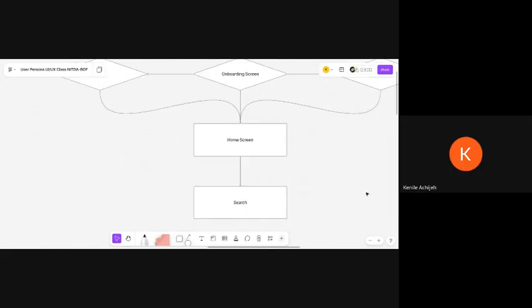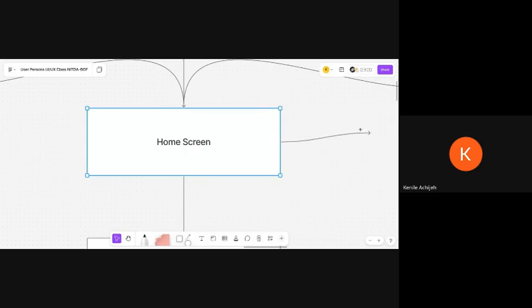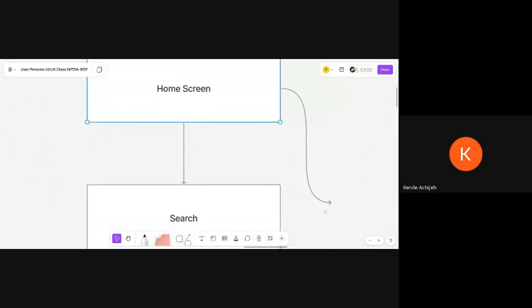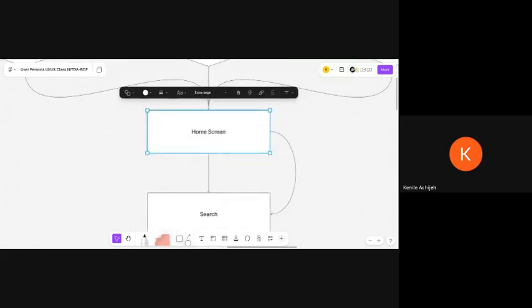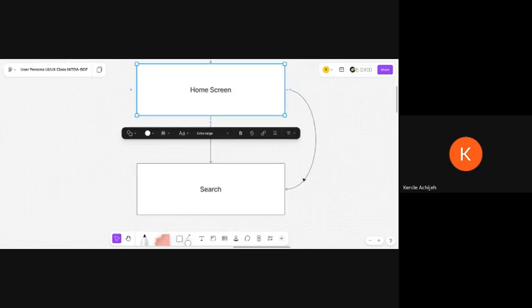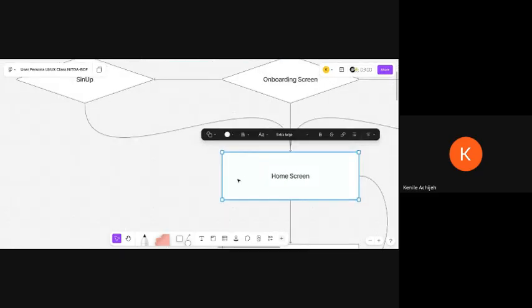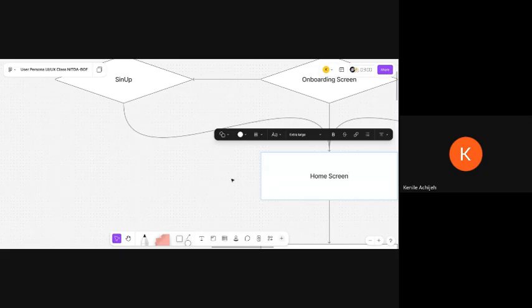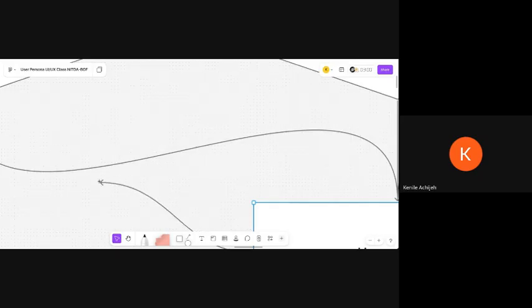Then you can come again. Probably you want to add another connector. You can come from here, left click, and if you want to connect it to here, you can connect it to here. If you have another thing you want to connect it to, you can do likewise. Then probably from your home screen, you say you want to go back to